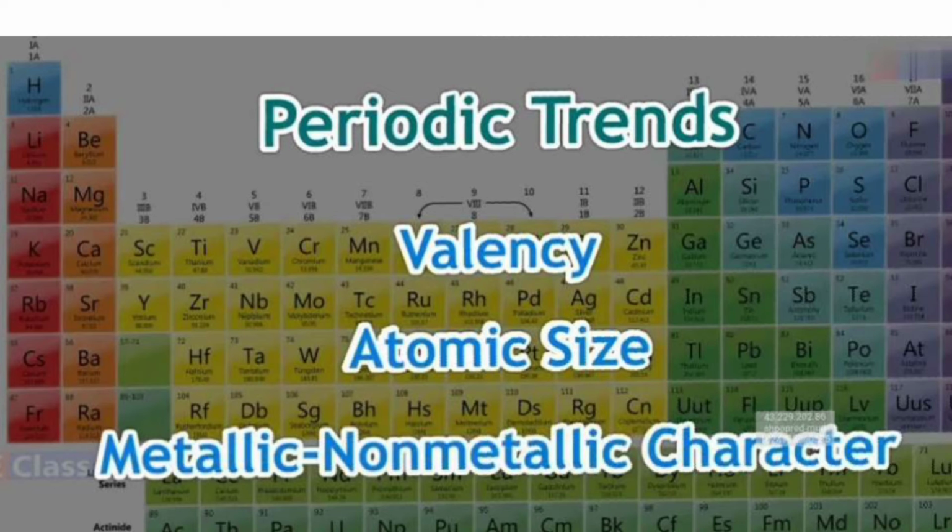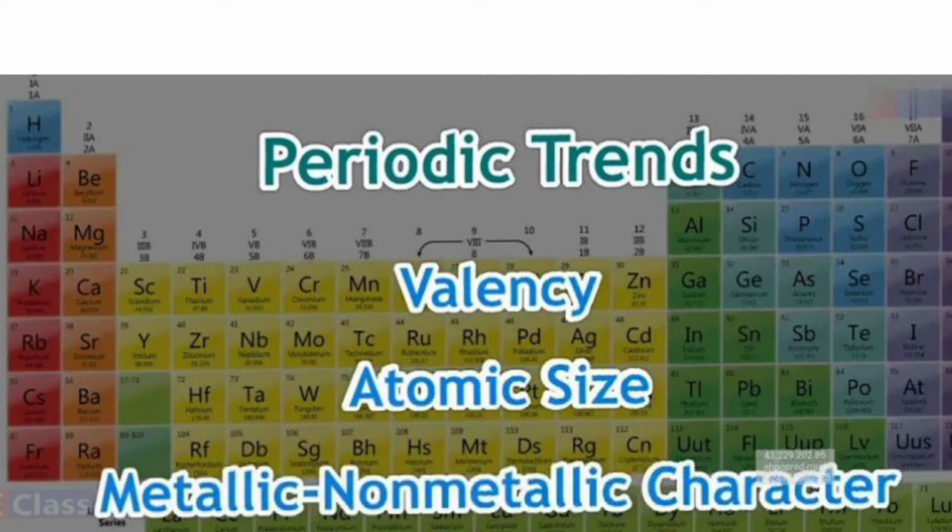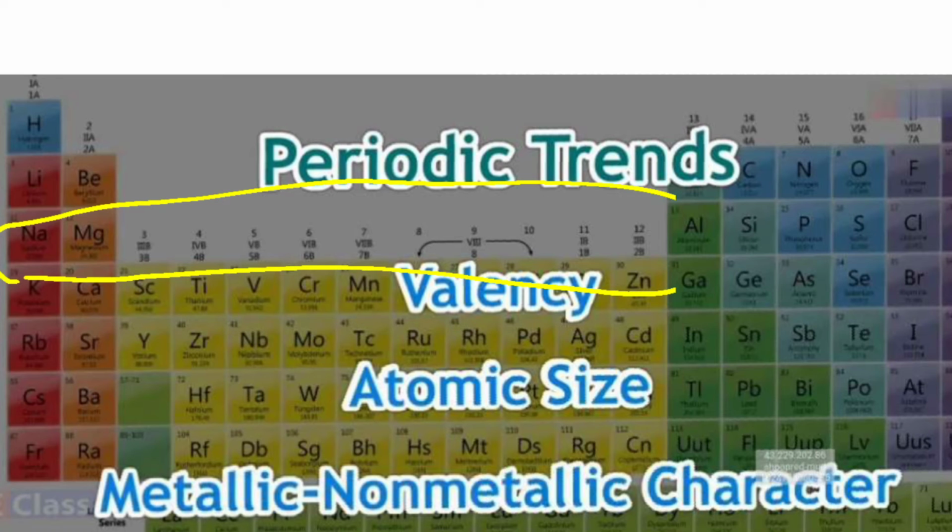Correct? So what do we see? The metallic elements like sodium, magnesium are towards the left, and the non-metallic elements like sulfur, chlorine are towards the right. What about the metalloids? They are lying in between. Can you see silicon here? It is in between. So silicon lies between the two. So in the same way, see here, sodium, magnesium, aluminum, these are metals. Sulfur, chlorine, these are non-metals. In between you have the metalloids.